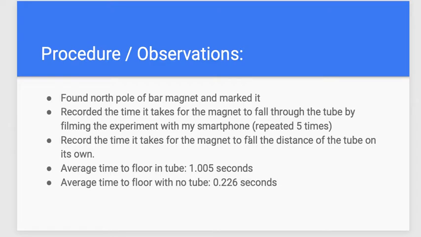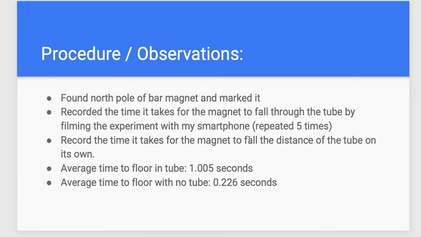So in terms of procedure of the experimental portion, first I had to use my smartphone magnetometer to find the north pole of the bar magnet and mark it, and then record the time it takes for the magnet to fall through the tube by filming the experiment with my smartphone. I repeated that 5 times, and then also recorded the time it takes for the magnet to fall the distance of the tube, but on its own. This wasn't specifically requested, but it was interesting, and I wanted to include this in